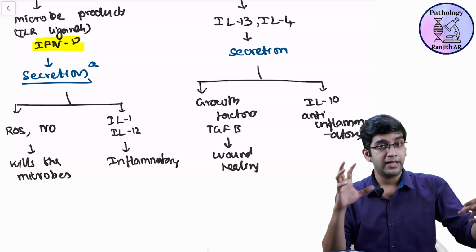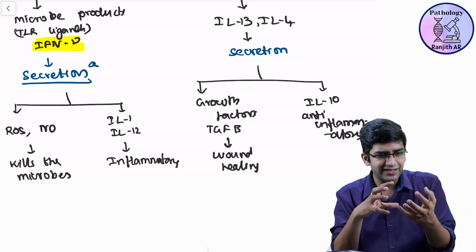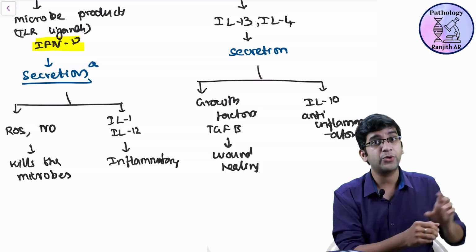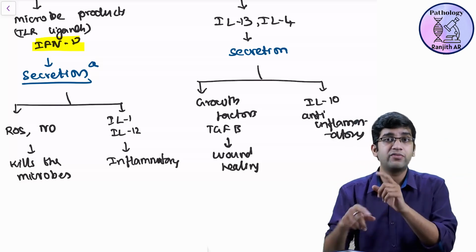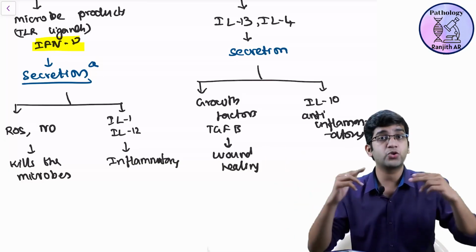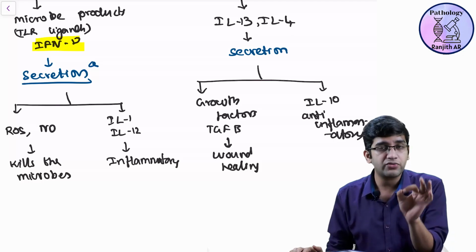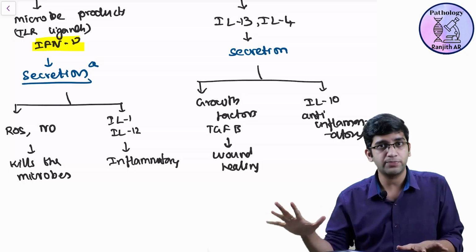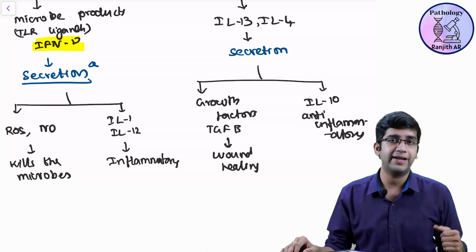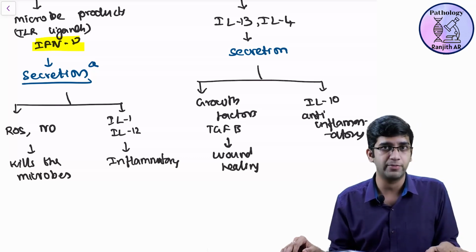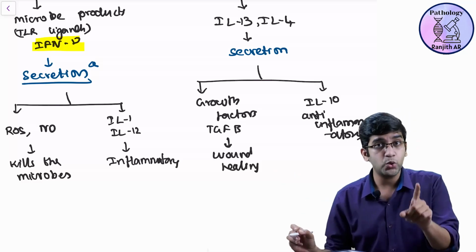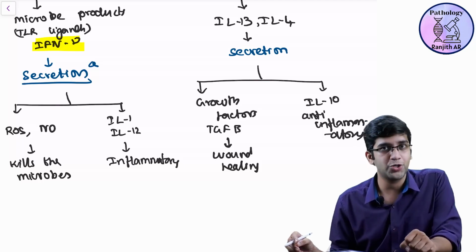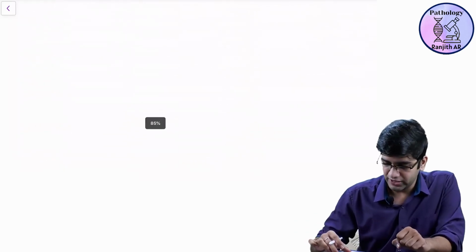Clear? Or the macrophage comes here and sees that this neutrophil is struggling, not able to do anything. So it gets activated to the M1 subtype and makes the acute inflammation chronic inflammation. It just compounds it and makes it chronic. The macrophage knows its role perfectly: either help in wound healing and stop the inflammation, or aggravate the inflammation and make it chronic. Now we are going to see chronic inflammation; that part we'll see later. The M2 activated macrophage also has one more important function in neoplasia. We'll read about that when we come to the neoplasia chapter. Fine. Now let's go on to chronic inflammation alone.